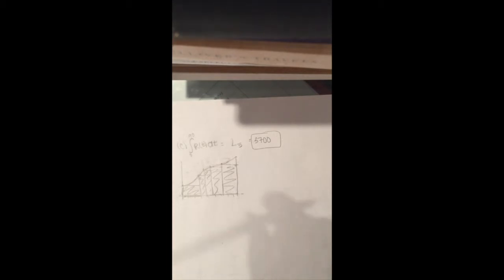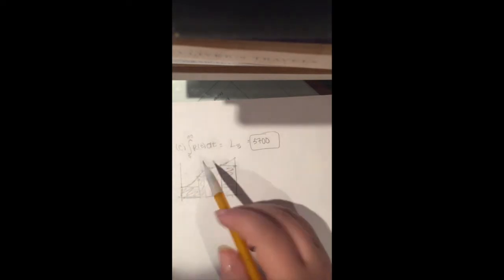our approximation here. So the second part of this question is asking us to determine whether this is an over or under approximation of the actual value of r of t from 0 to 90. So like I've shown you before, when I draw on these rectangles, you can obviously see that it's going to be an under approximation because all of the areas fall short of the curve, but they want a better answer